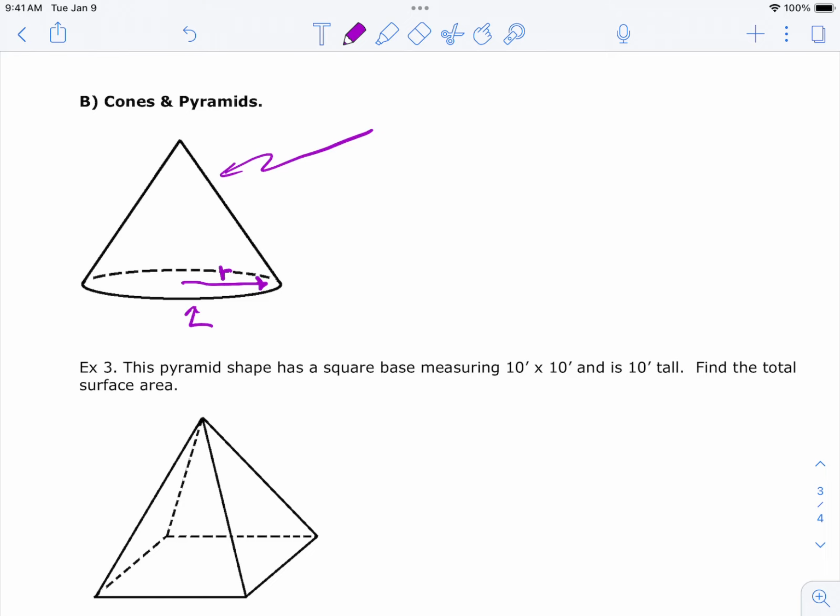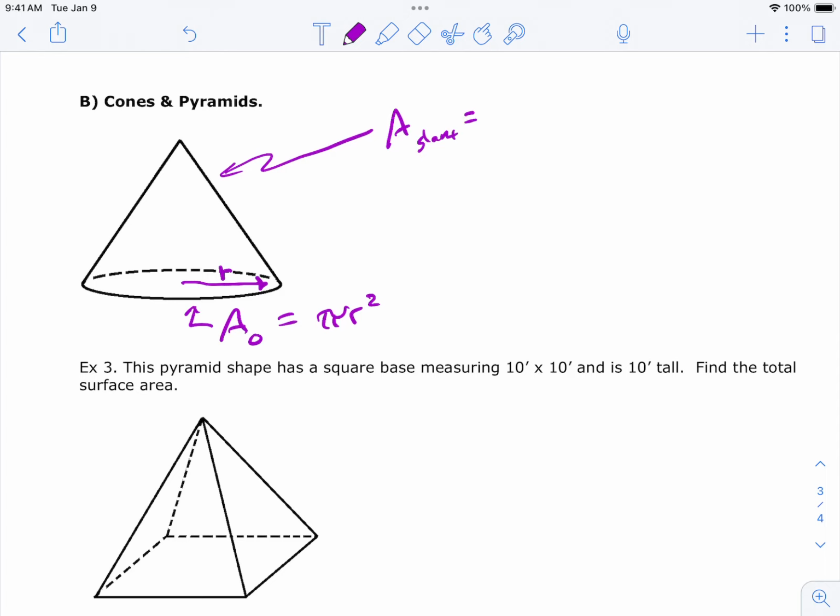Okay, and then, fine, we know the radius. So the area of the base here, the circle part, is going to be, well, you could use pi r squared. You could use pi d squared over 4 if you wanted to. But there, that takes care of the circle. But the area of the slanty part